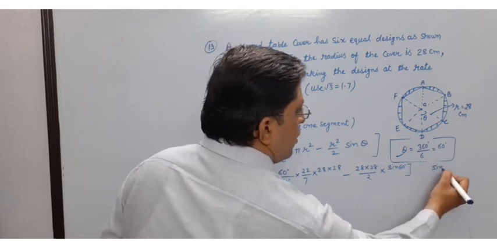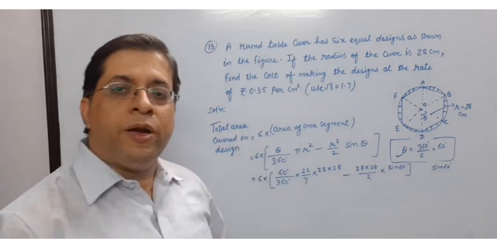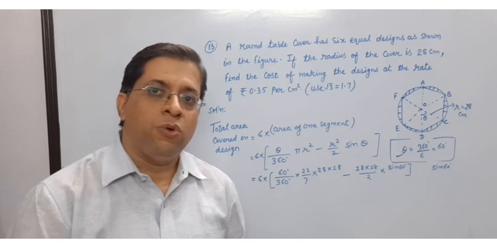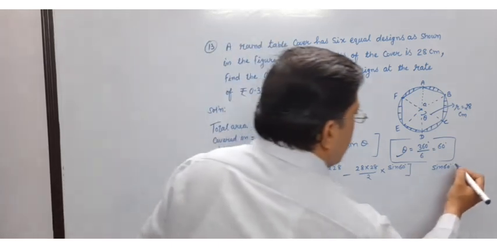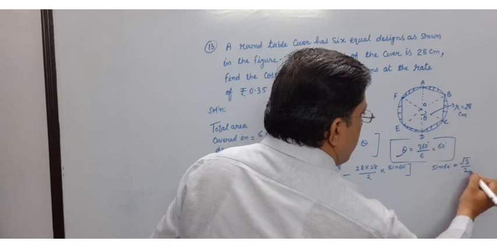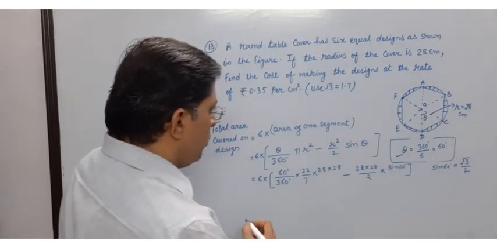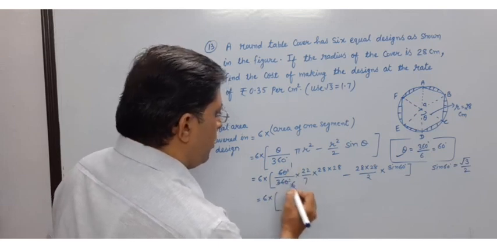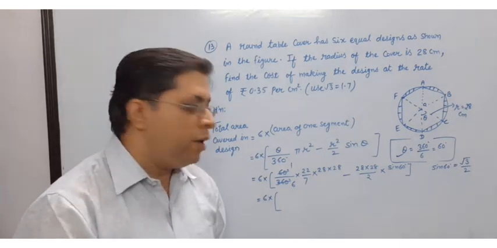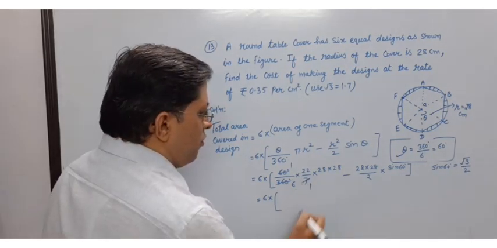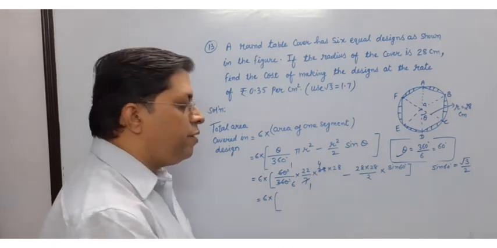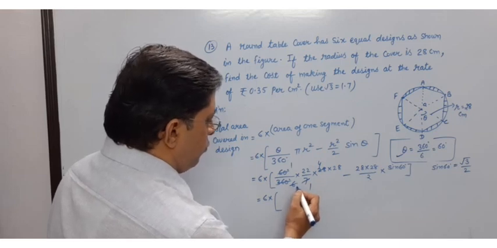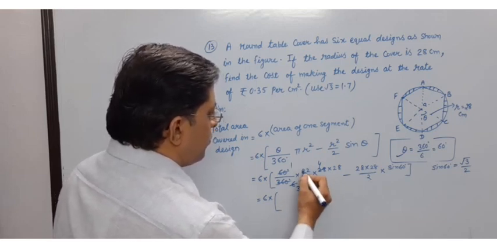And what is sine 60 degree, that you know. By the trigonometric table, we know that sine 60 degree is equal to root 3 upon 2. I am writing here, root 3 upon 2. Okay, now see. 6 1s are 6, 6 6s are 36. Okay. Then 7 1s are 7, 7 4s are 28. Clear? Then 2 3s are 6. Here is 11.